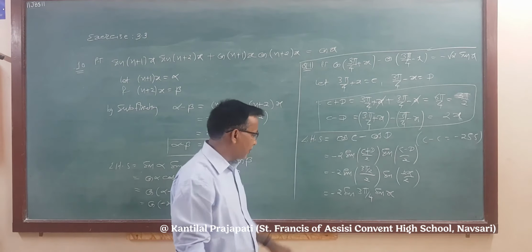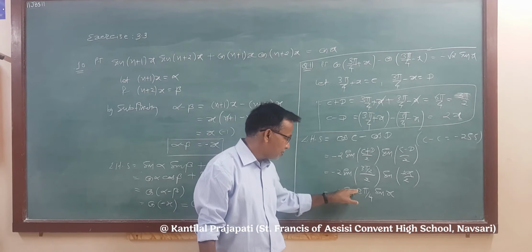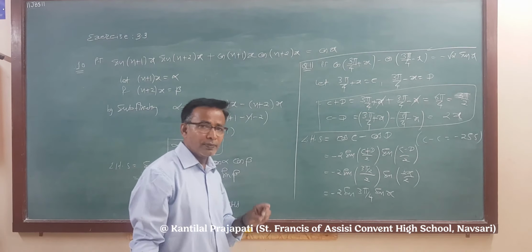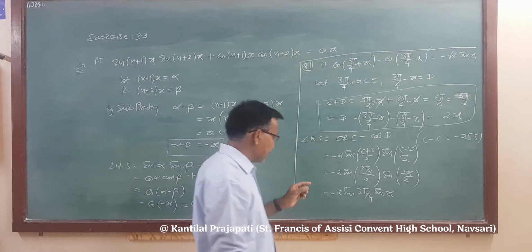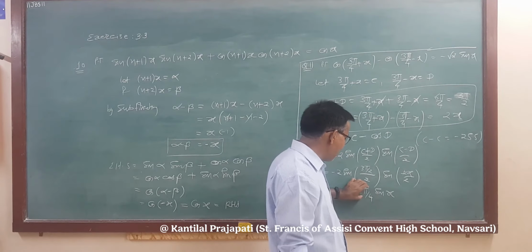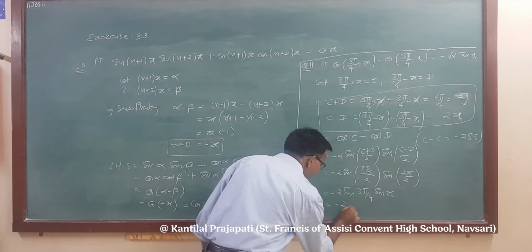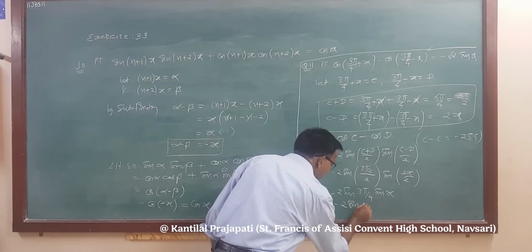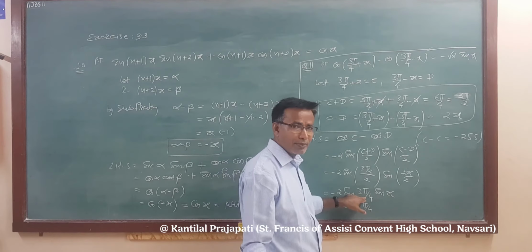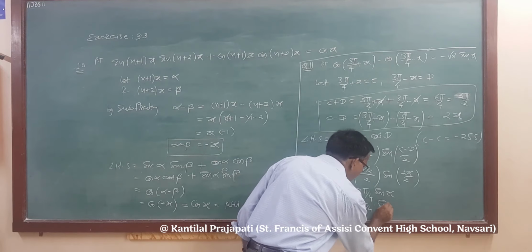Now 3 pi by 4 is not known in the first quadrant. So we have to check the quadrant of 3 pi by 4, that is pi minus pi by 4. Pi minus pi by 4, which quadrant do you get? Second quadrant. In the second quadrant, sine is positive, and the function remains the same. So sin 3 pi by 4 is nothing but sin pi by 4. We have seen previously that pi minus pi by 4 is written as sin pi by 4, into sin x.